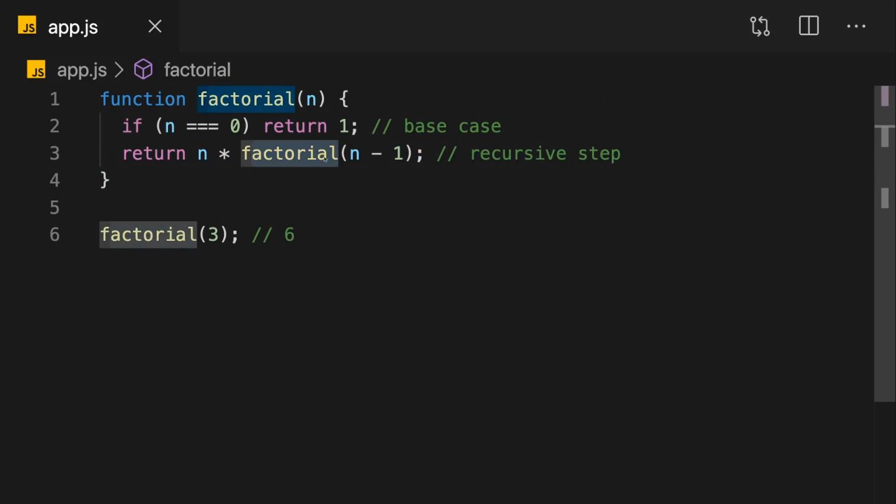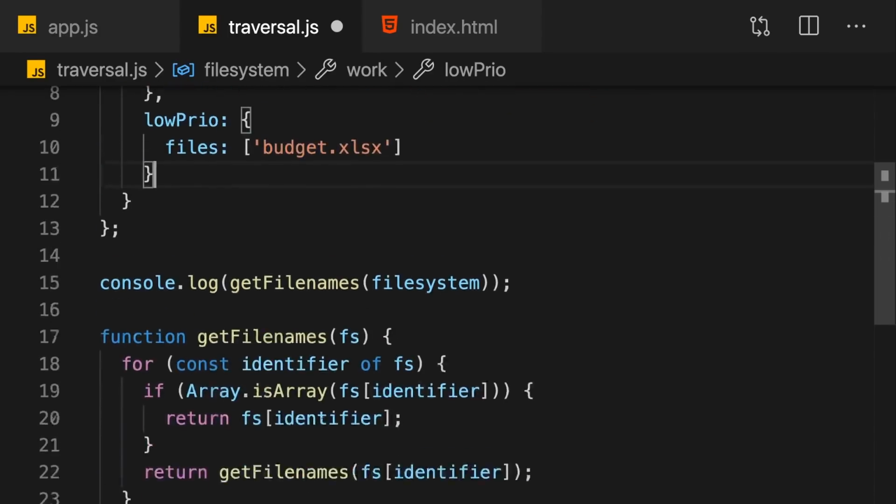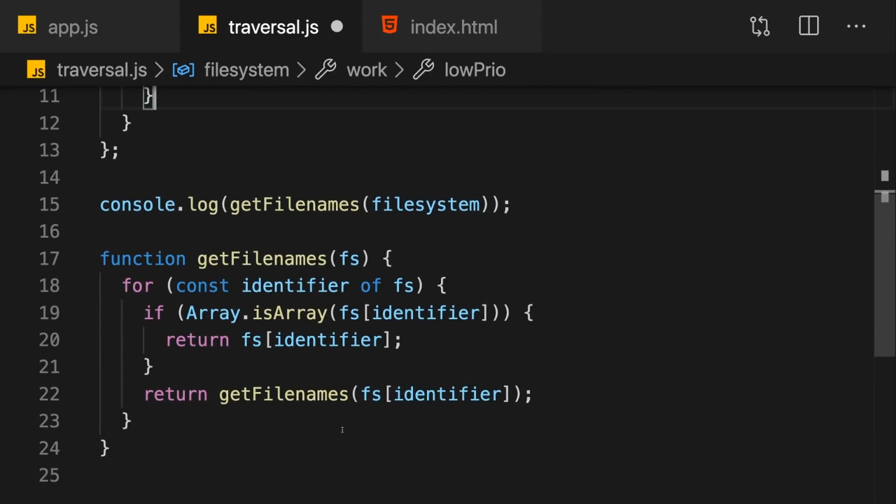We're calling factorial from inside factorial. And yes, this is something you're allowed to do in JavaScript. Now, why might you want to do it? Simply because recursion sometimes allows you to write less code than you would have to write with a loop, or in some cases, like if you're traversing some tree structure, recursion might even be your only strategy of handling a